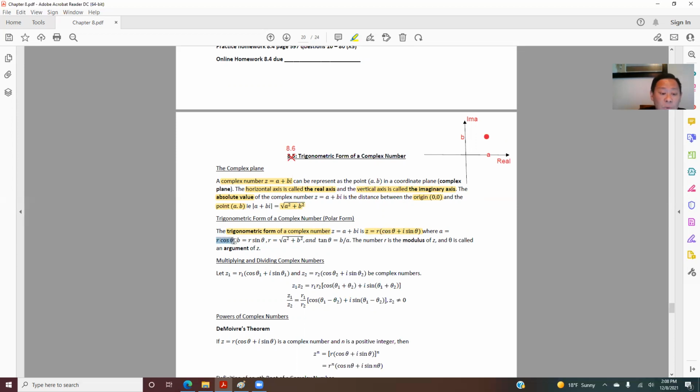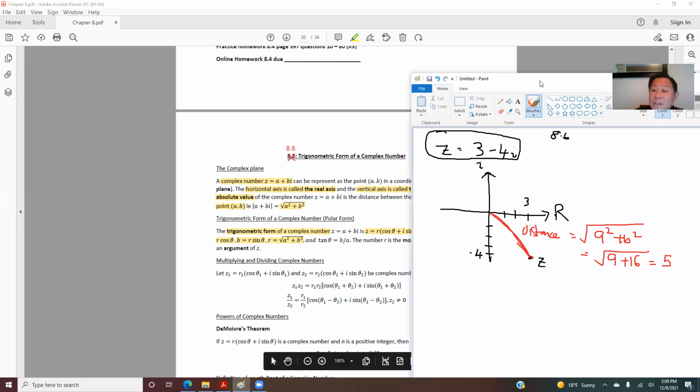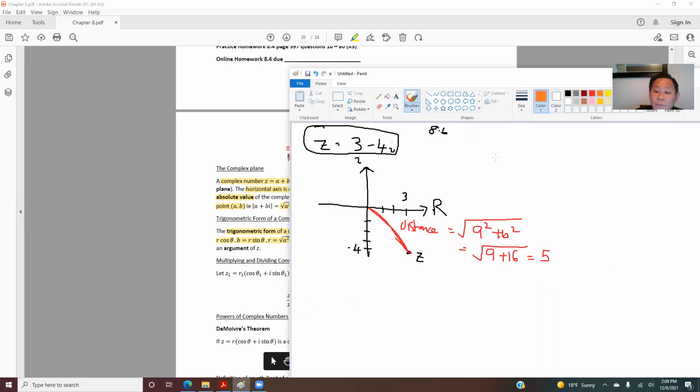So A in this case will be your r cosine theta, and B in this case will be your r sine theta. And if you want to find what r and theta are, r in this case is the absolute value, which is the square root of a squared plus b squared. So the one that we just found here, the distance,